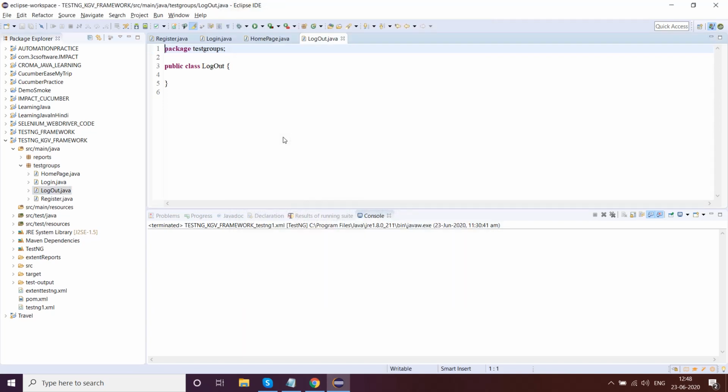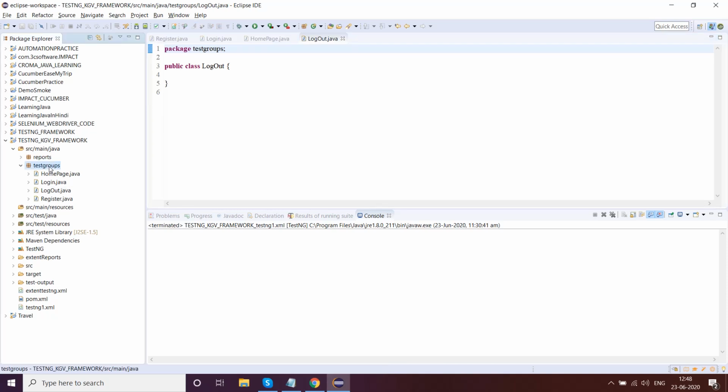So I'm making a few classes inside a package known as test groups. Please do not adhere to each and every bit of what I'm doing. I'm just trying to showcase in the form of a training format how it might work. These names of packages and classes are purely rudimentary for explaining concepts. You can change them as per your project.